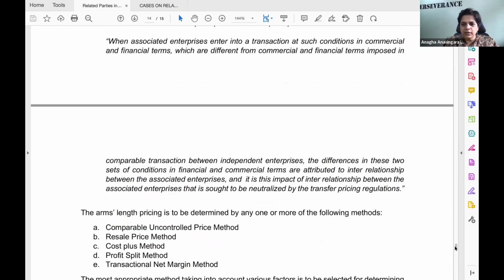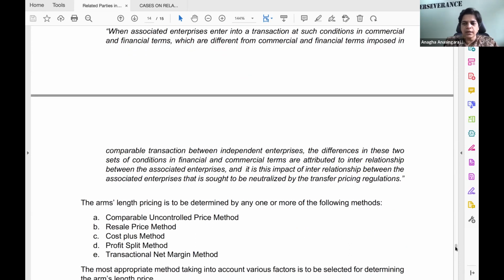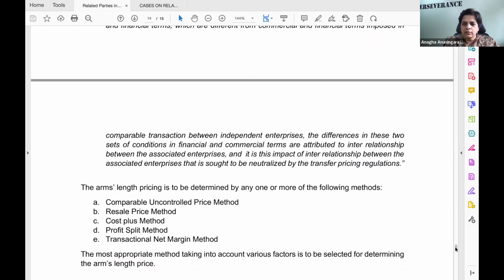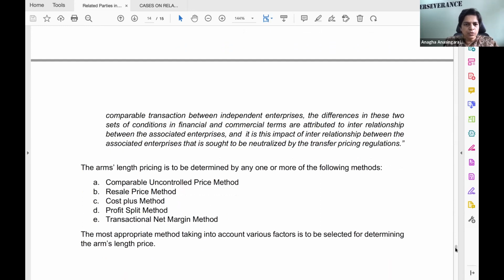So to understand whether something is at arm's length or not, some of these methods may be utilized, which are the comparable uncontrolled price method, the resale price method, the cost plus method, the profit split method, and so on. So we need not go into all the details of each of these methodologies, but what we